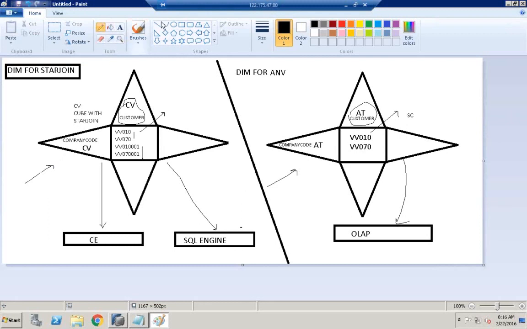Now, how can I achieve the same kind of scenario in an analytic view? Is it possible for me to achieve in an analytic view requesting data from multiple fact tables? No, I cannot achieve. But I can achieve this indirectly. How I can achieve this is,